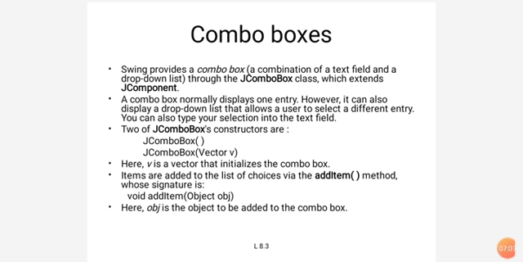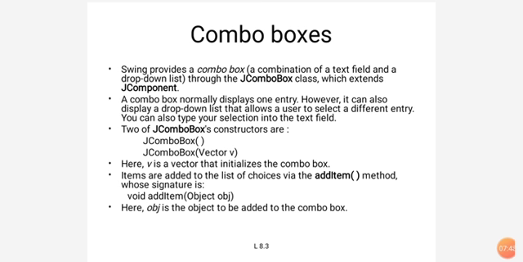If you select the first type of constructor, that means JComboBox without any parameters, then it will create an empty combo box. Then we need to add the items to the drop down list, using the method void addItem. However many items you want to add, you can add them using this method. Otherwise, if you select the second type of constructor, we send the vector as a parameter. A vector is a collection. The vector already contains the elements under one name like v.